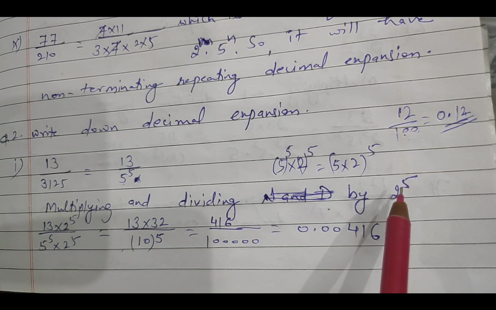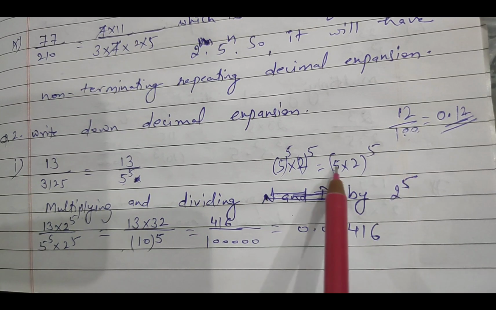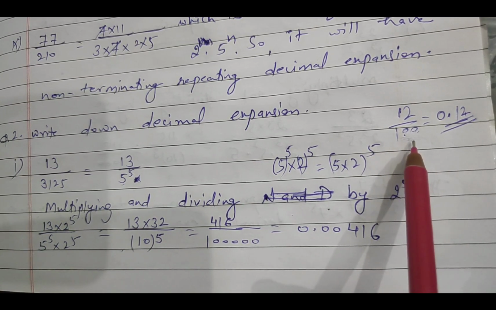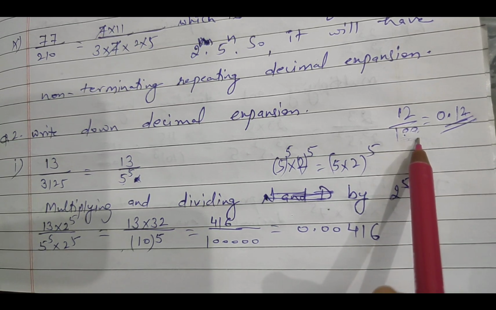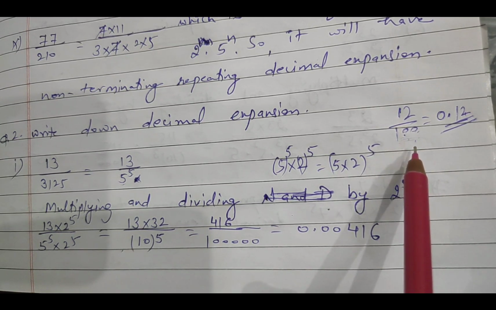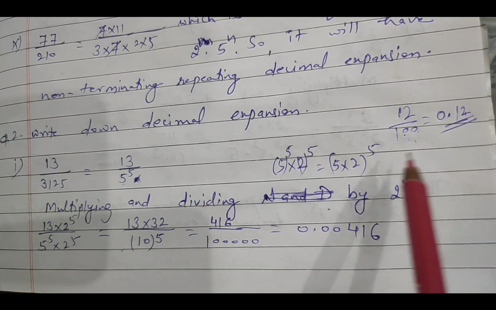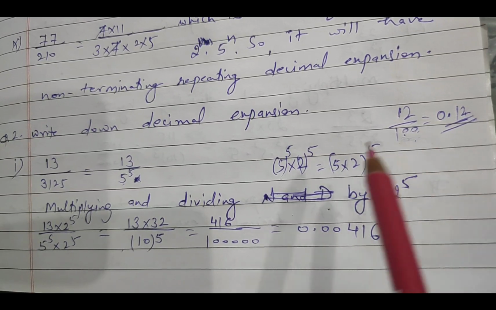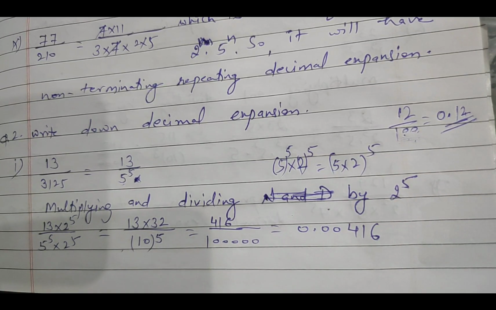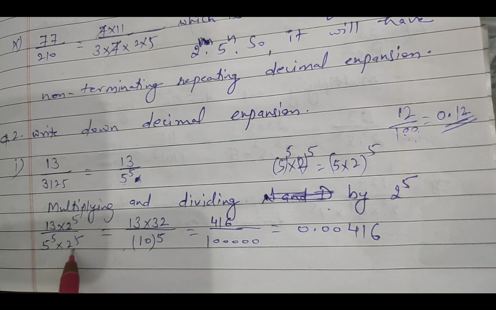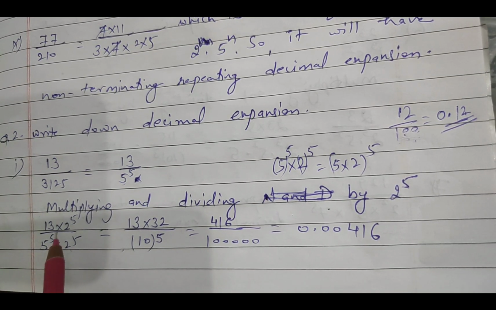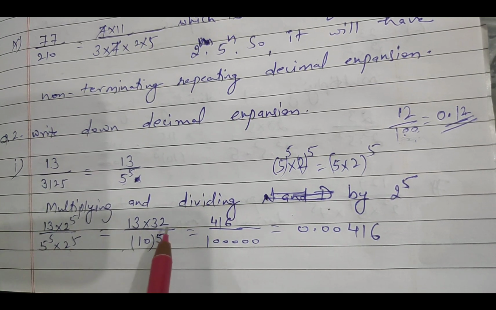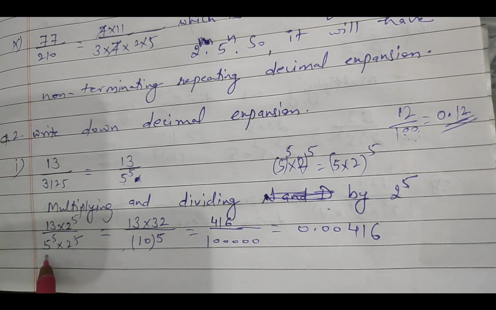Okay? And why did I do so? To convert this denominator into the form of 10, 100, 1000, 10,000 and so on, so that my calculation becomes easier. If I have multiplied the denominator with this number, then definitely I will multiply the numerator as well. So what I got: 13 into 2 raised to power 5 is 32. And this 5 into 2 and 5 is